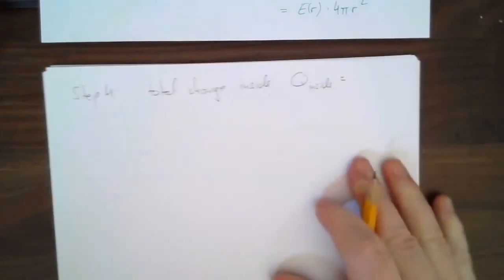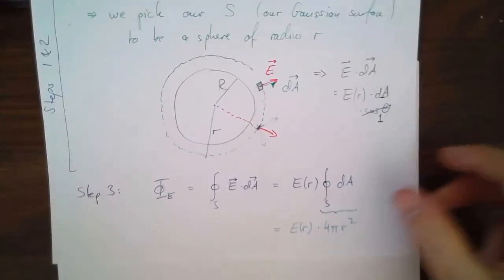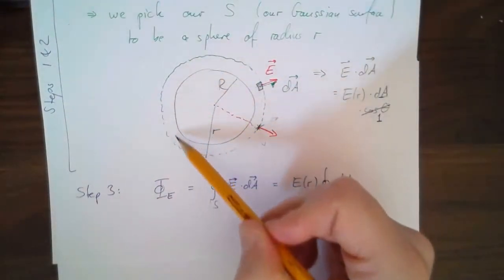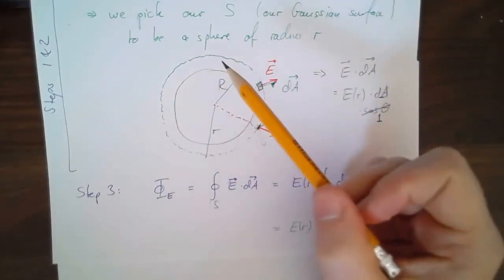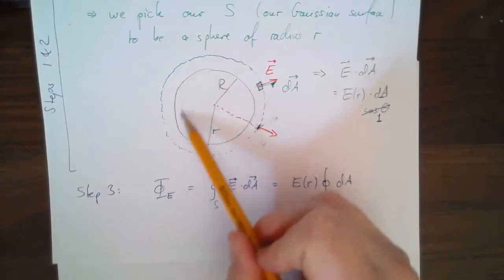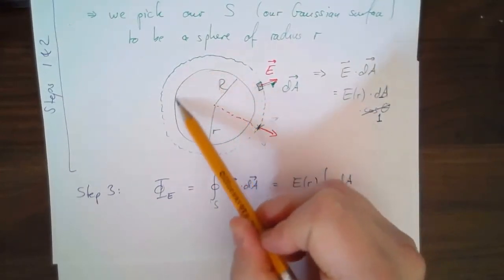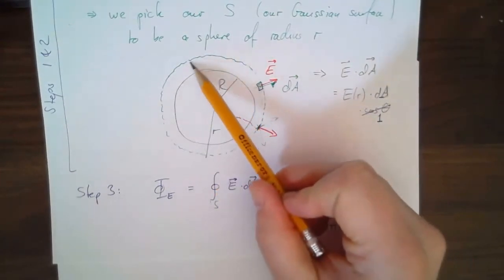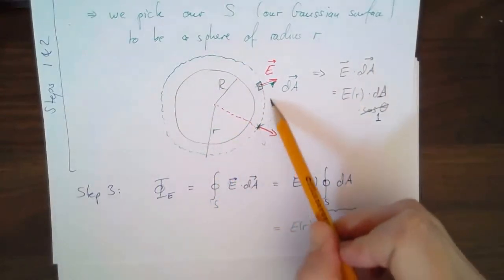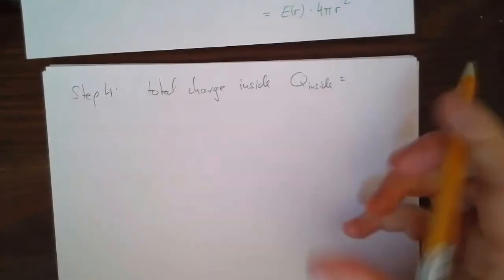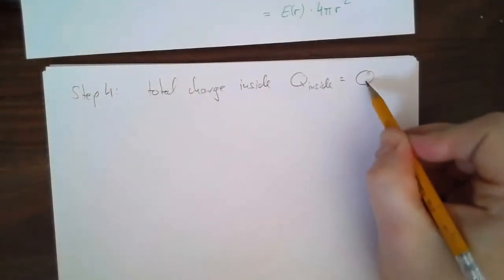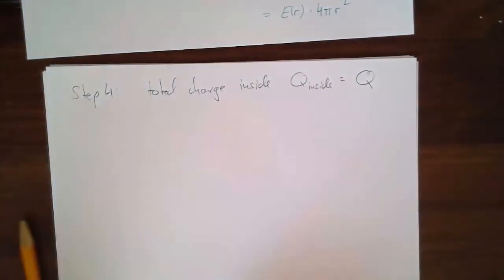Inside, what's it equal? Well, let's look at the picture. This is our big ball. This is our little ball. All the charge, the setup told us, is on the surface of this sphere. So all of it is inside that big ball here. So that's just the whole Q. Right? So in this case,